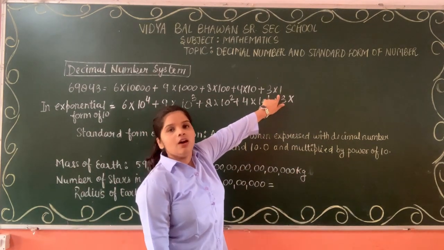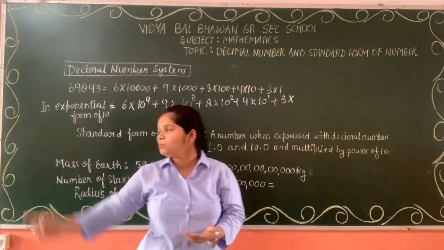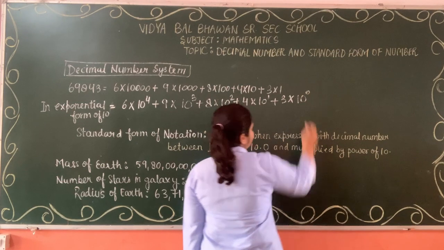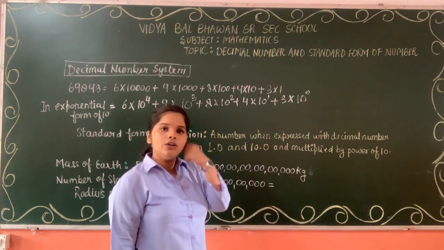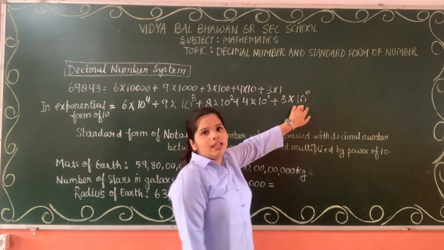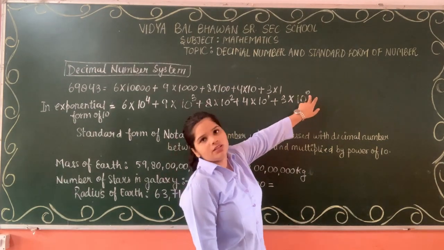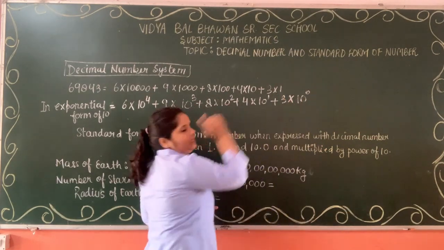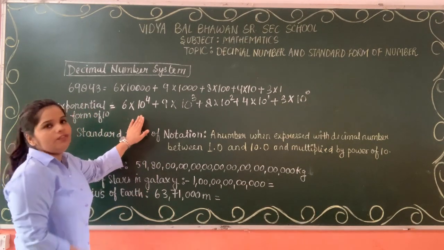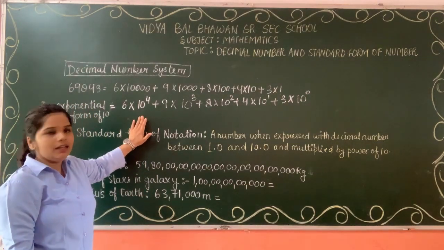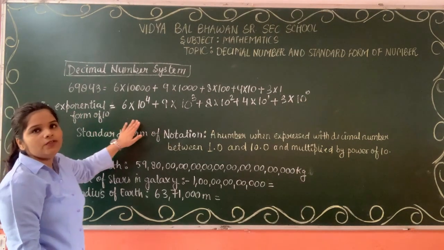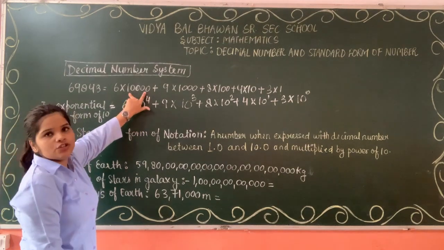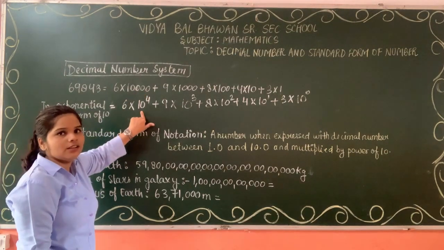How can we change or how can we represent this 1 in the exponential form of 10? We can write it as 10 raised to the power 0, because we know as we have studied law of exponent, any non-zero number having power 0 is equals to 1. So this 10 raised to the power 0 will be 1. So this is how we represent or how we expand a number in exponential form of 10. This is very same. We are just changing this representation of 1,000 to this representation.